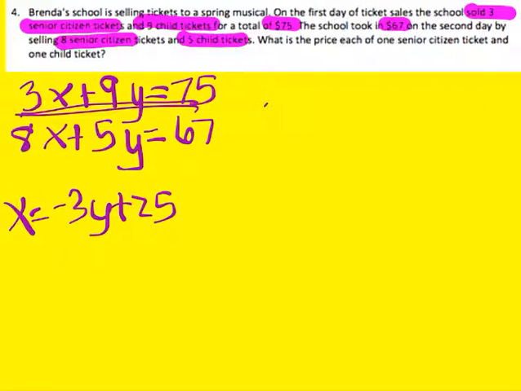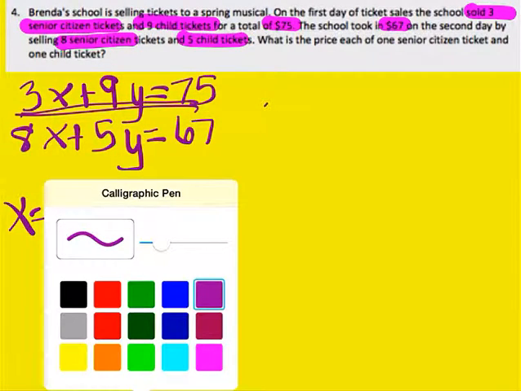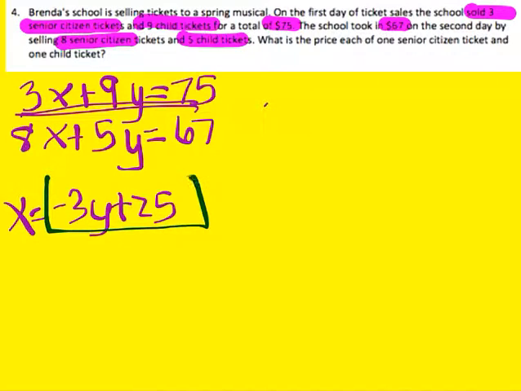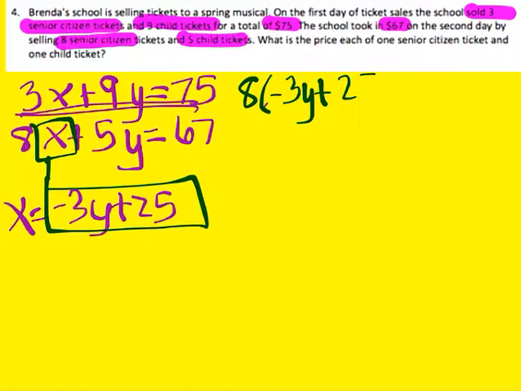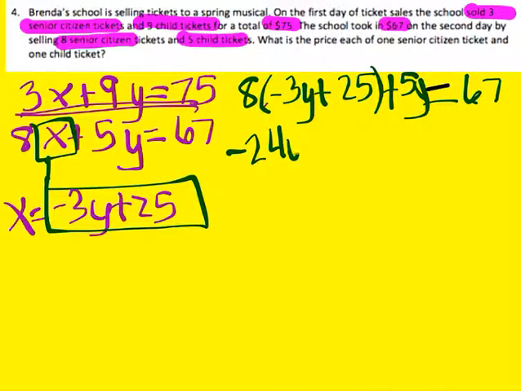So let's go ahead and use substitution. What I'm going to do now is take this right here and substitute it in for x up there. So I'm going to get 8 times (negative 3y plus 25), close the parenthesis, plus 5y is equal to 67. Okay, so negative 3 times 8 is going to give me negative 24y plus 200 plus 5y